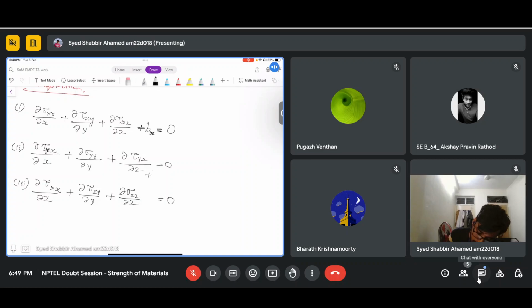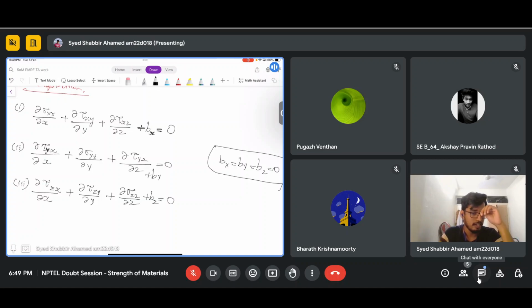Again, here also we have body force in y direction and body force in z direction. So here there is no mention of body force. That's why I'll assume all these body forces are 0. Body forces are things like a magnetic force acting on the body, and also gravity acting on the body,